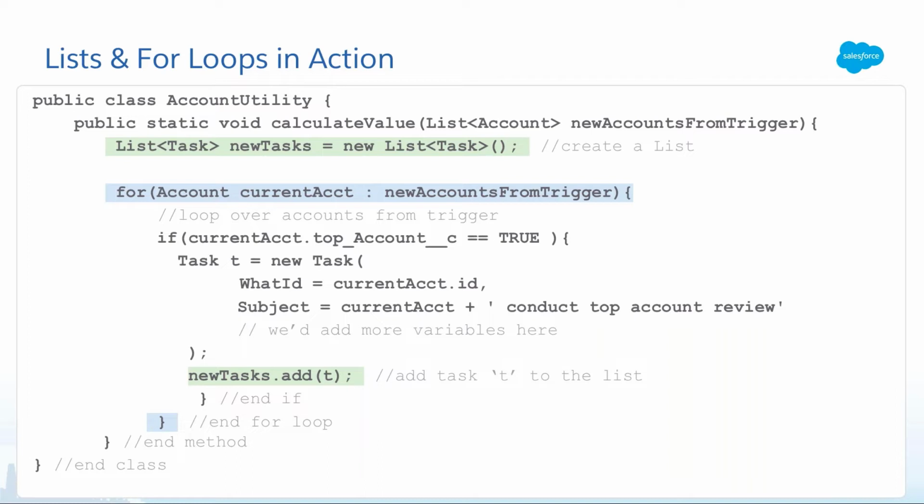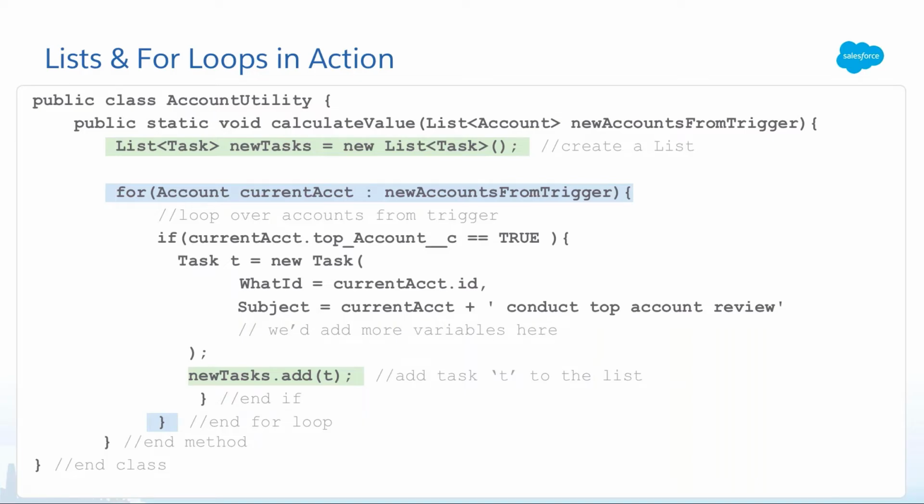We're going to give it a what ID, we're going to give it a subject, and then we can also add our extra variables that are associated with our task. Once we verify that and we create our task, we're going to add our new task inside of the new task list, and then that's it. We have our new task list. But we're missing something. We've created a new task, but this is equivalent to a user going into an org and filling in the data that they want and not pressing save. As Karen mentioned before, nothing has actually happened up to this point.